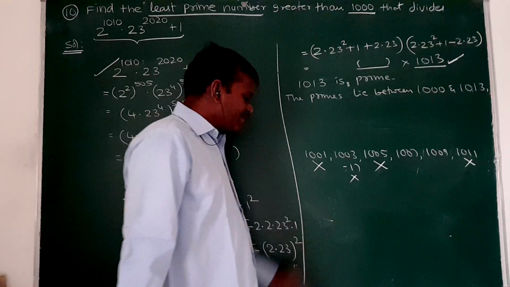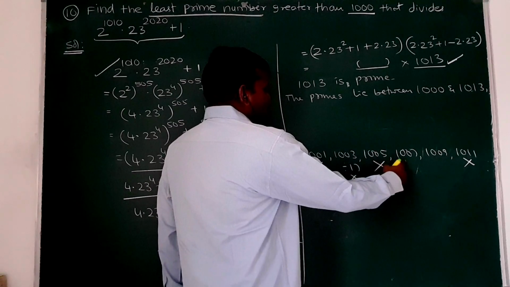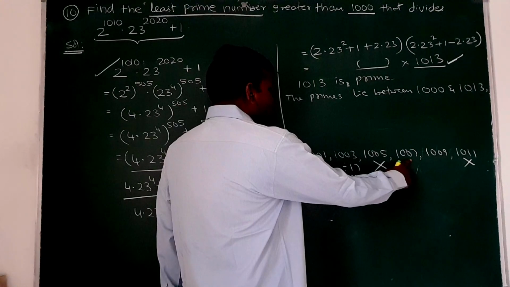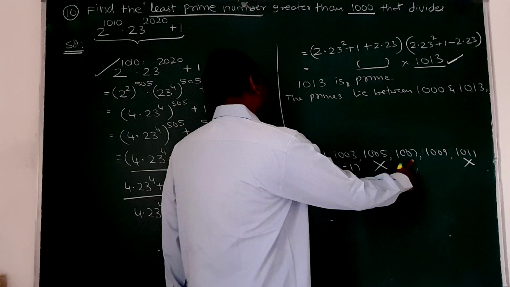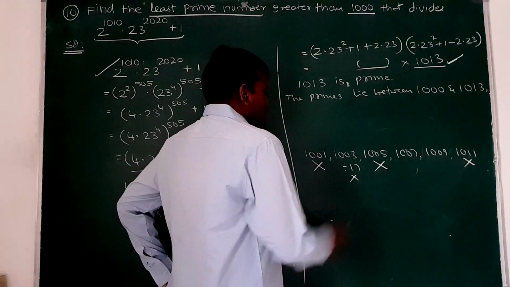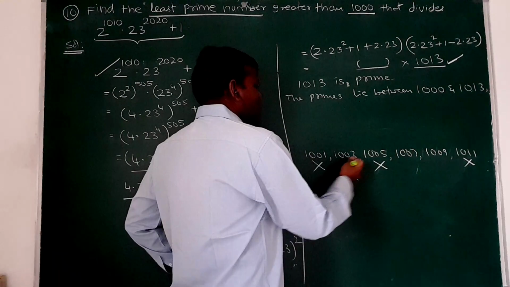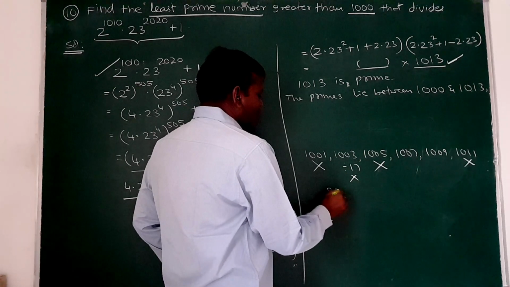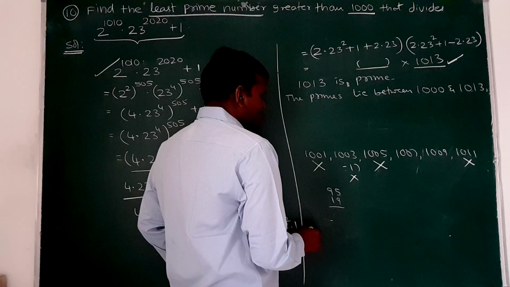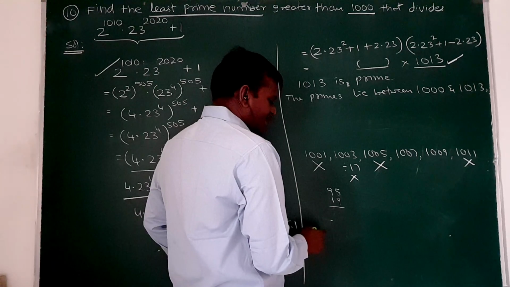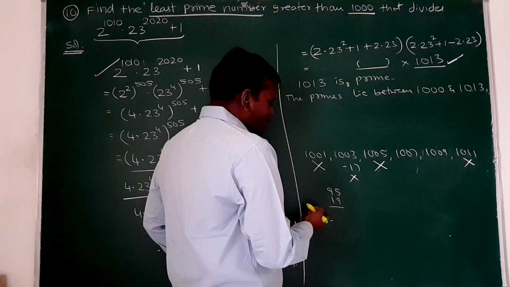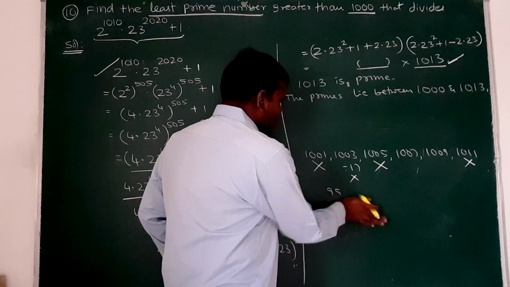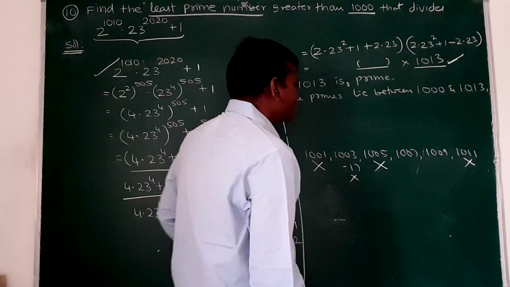Then say 1007. Which table will go here? 9 table, 11 table, not possible. 13 table, not possible. 17 table, 1007 and 1003, divisible by 17, so that is not possible. Then the 19 table I am checking here. 5 19s are 95, 95 and 114, so it is divisible here. So 1007, which number will go here? I want to check it.